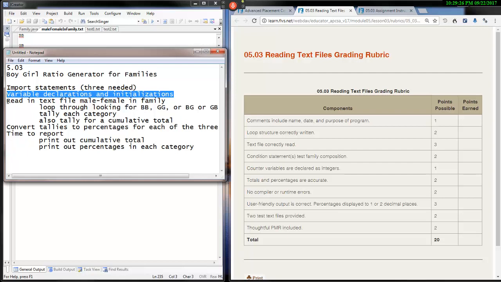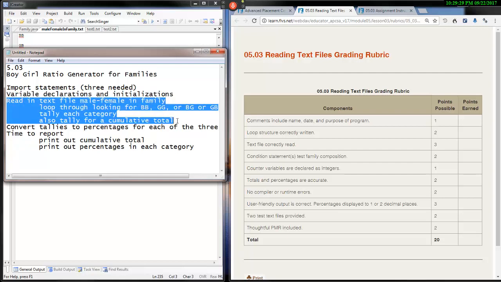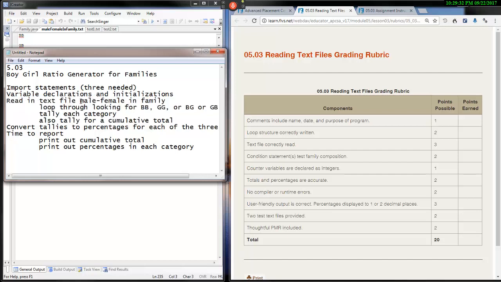We're then going to read in the text file. Okay, we're going to read in this male, female, and family text file, the huge text file. We're going to do that by looping through. We're looking for BB, we're looking for GG, we're looking for BG, or GB. As we encounter each one, we're going to tally each category. We're going to keep track of how many BBs, how many GGs, etc. We're also going to tally for a cumulative total. As you can see in the output,